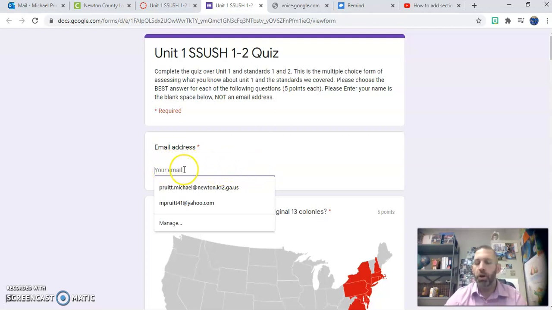So guys, if you have a personal email that has your last name in it, that is acceptable. So if for me, like my personal email is pruitt.michael, that will work. If your personal email is chocolate-covered-pop-tart-monkey@aol.com, I don't know who that is. And when you turn in your quiz, I'm not going to be able to give you credit because I don't know who you are. So make sure for your email address here that you put your school email, which is